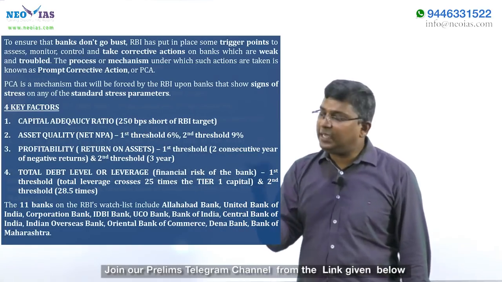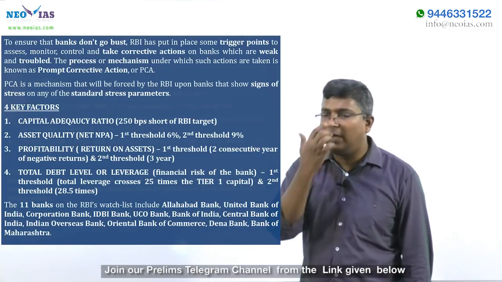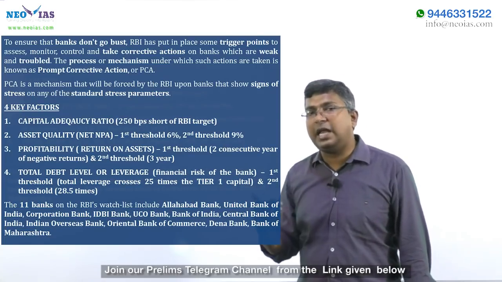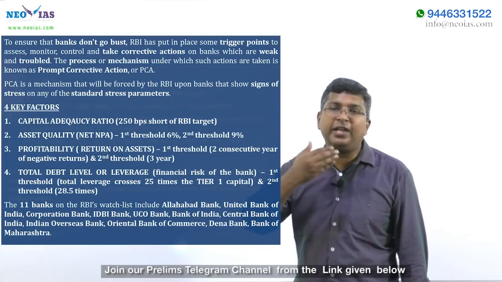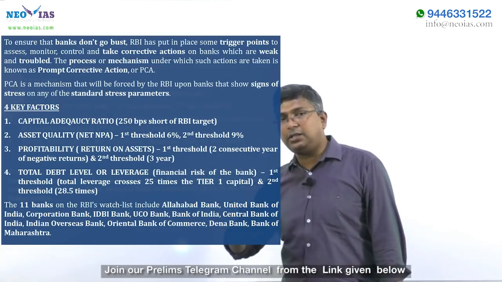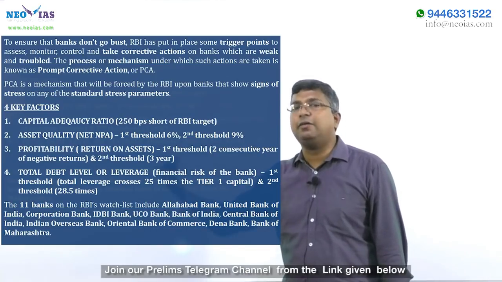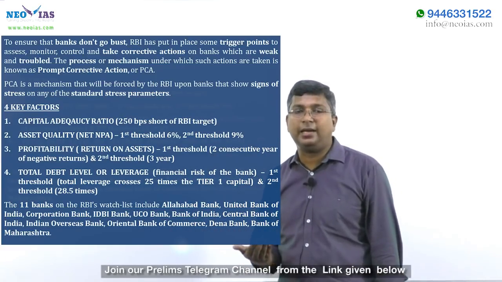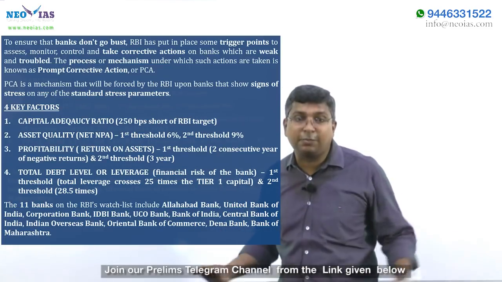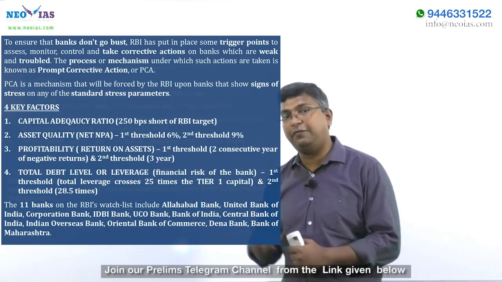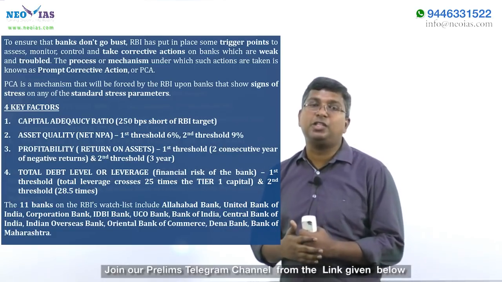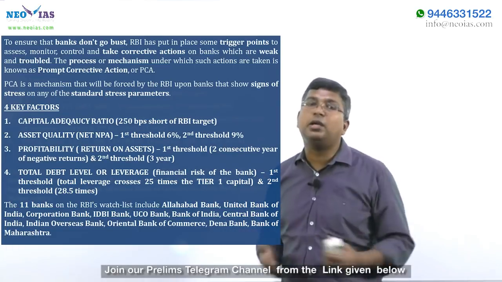In the case of the first threshold, I'll give you one example of an RBI restriction: if a bank breaches the first threshold, RBI will put restrictions on dividend distribution. If it goes to the second threshold level, a major restriction is regarding, for example, branch expansion. Branch expansion restrictions will come if it is in the second threshold. And if it goes to the third limit, especially higher level management pay and compensation, everything will come under restriction.